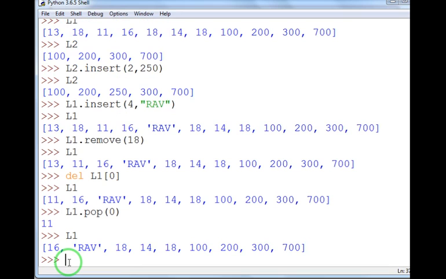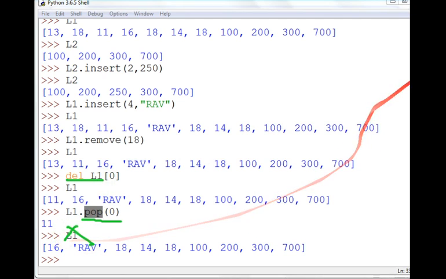Now one more difference between pop and delete that I told you earlier was that with the help of delete, you can either delete one element, or delete multiple elements, or delete the entire list. The list object can be deleted with the del statement, but with pop we can only remove one element at a time. We can't remove multiple elements. With del we can remove multiple elements, and we can remove the object itself.